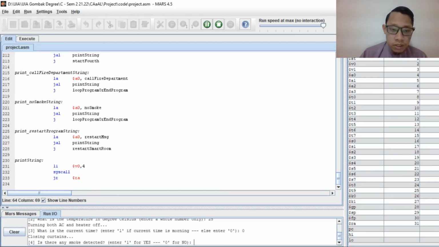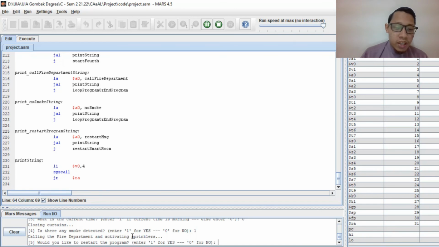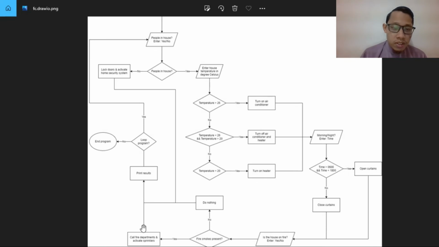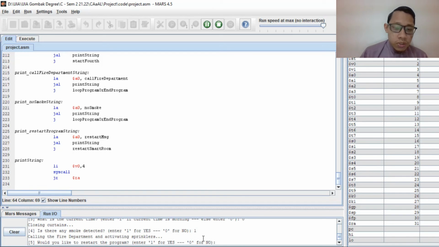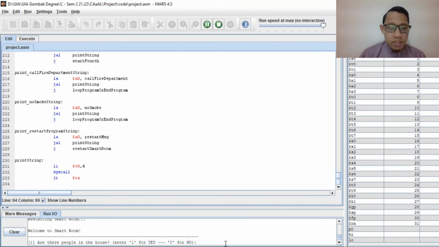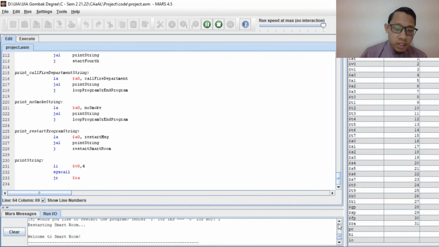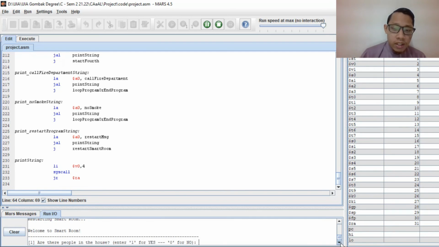Is the house on fire? Is there any smoke detected? So 1 for yes or 0 for no. We will call the fire department for this one. Calling the fire department and activating sprinklers. And then after this path, we end here again. So if we want to restart the program, enter 1. So it says here, after we entered the 1, restarting smart room, and it redirects us to the very beginning